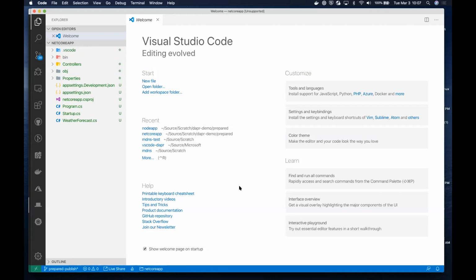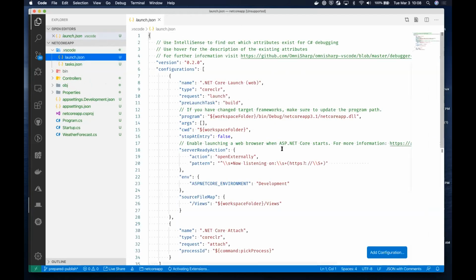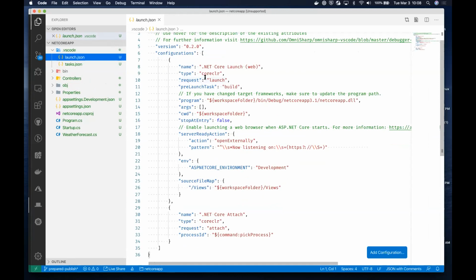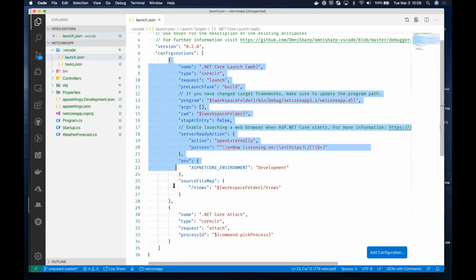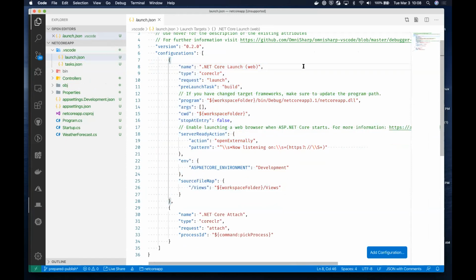We can debug it if we want, but what we really want to do is debug the app within the context of Dapper. So how do we do that? So let's start by opening our launch.json. So you can see that the OmniSharp extension gave us a debug configuration for just launching the app in the debugger. What we'd really like to do is when we launch the app in the debugger, we also want to start the Dapper runtime so that we get our Dapper sidecar so that we can start making calls through that sidecar into our